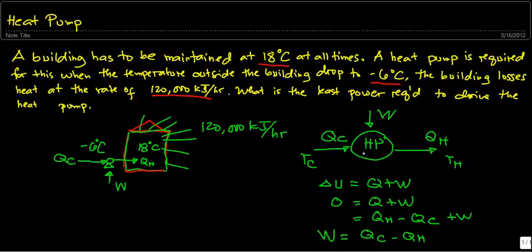And for a heat pump, they call this COP, coefficient of performance. COP for the heat pump is really just efficiency. It's just the ratio of what we want to get. What is the purpose of the heat pump? We want to get QH, we supply QH. So the COP, or the coefficient of performance of the heat pump, is simply QH,